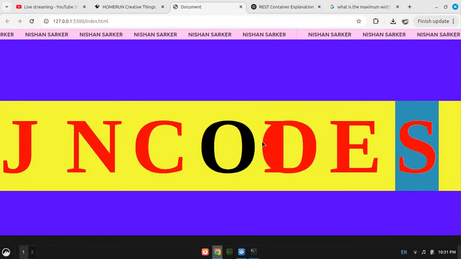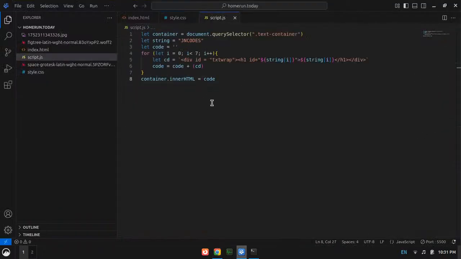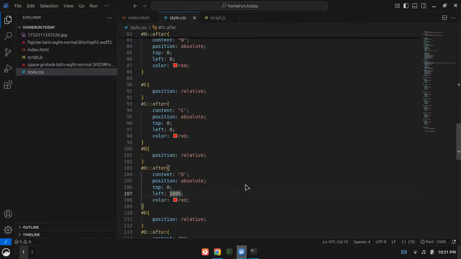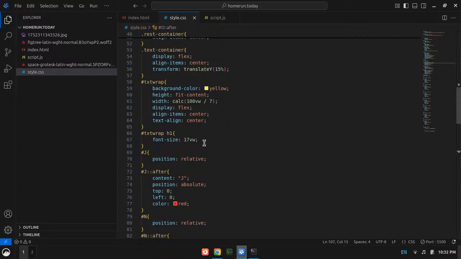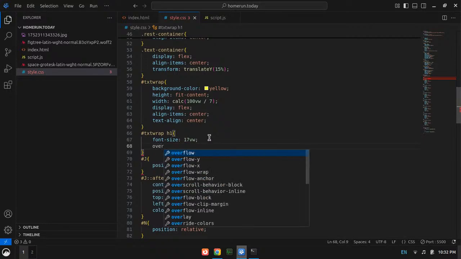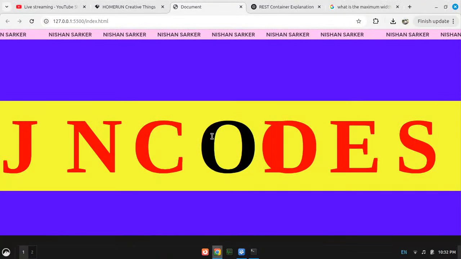Then the O is gone, and I need to add overflow hidden to this txt wrap div, so that this red O is not visible. So here is the txt wrap. Here I can say overflow hidden, and now that O is not visible, right?